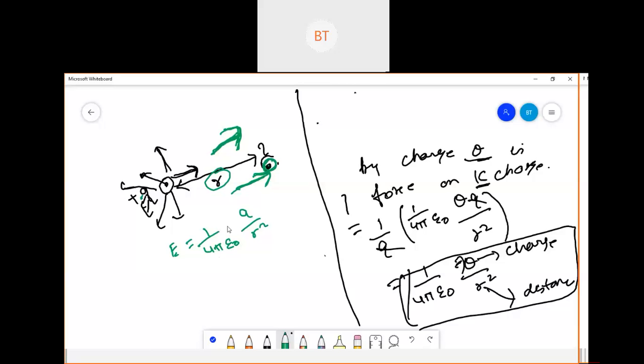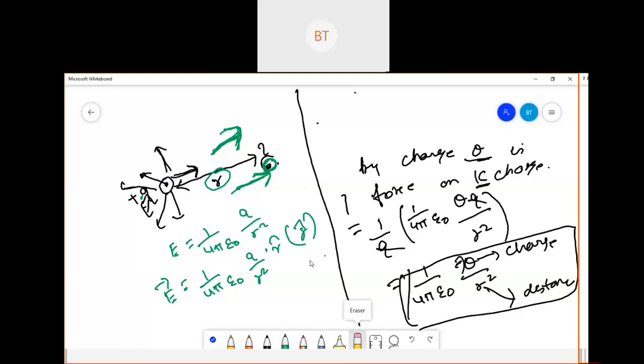So if I wanted to calculate this with respect to direction, for that we need to multiply it by unit vector r cap. We have already seen that. So what I will write here: E vector equals 1 by 4 pi epsilon naught q by r square into r cap. This r cap will tell you the direction. I have already told you that a vector quantity will tell you the magnitude as well as the direction. So this r cap represents the direction, and it will tell you in what direction the charge is acting.